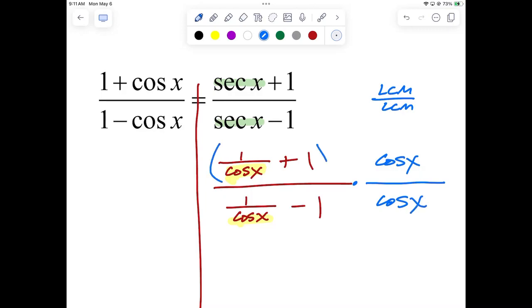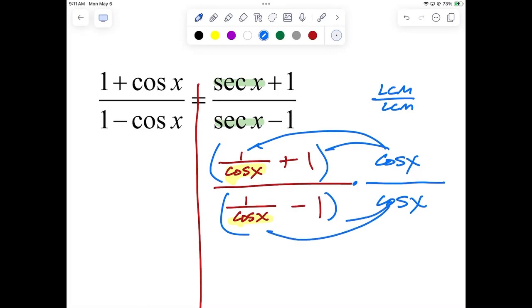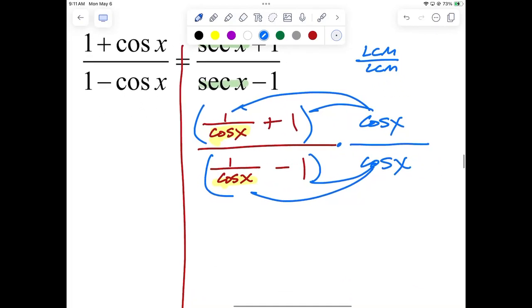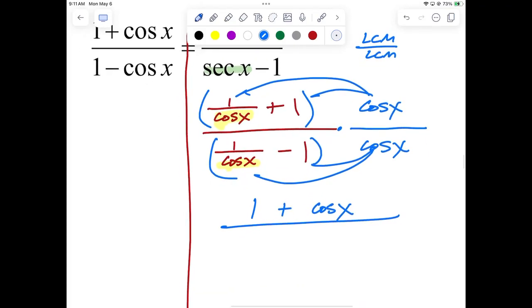Now what we're going to do is distribute. Remember, we did this earlier in the year. Our goal is to destroy the bunk beds upstairs and downstairs. If I distribute the cosine in the numerator, what's cosine times 1 over cosine? 1 plus cosine times 1 is cosine x. So there's your new numerator. In the bottom, if you distribute the cosine, 1 over cosine times cosine is 1, minus cosine times 1 is,